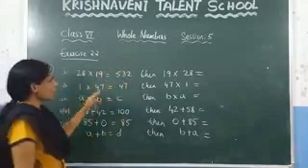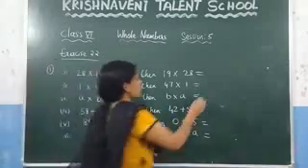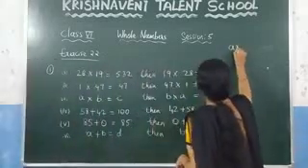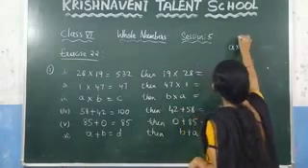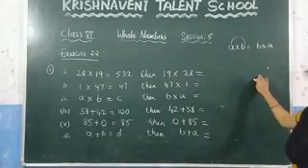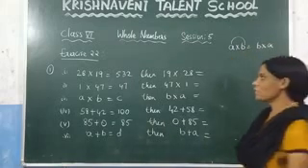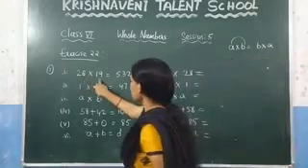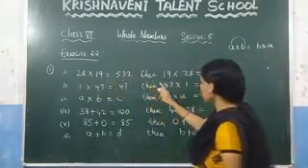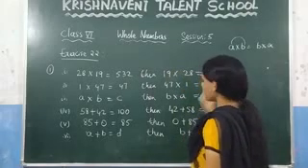So by this we can say that we are using which property? If you consider any two numbers, if you multiply those two numbers and change their order, you get the same result. That property is called the commutative property under multiplication. Based on that, we can say 28 into 19 is equal to 532, then 19 into 28 is also equal to 532.